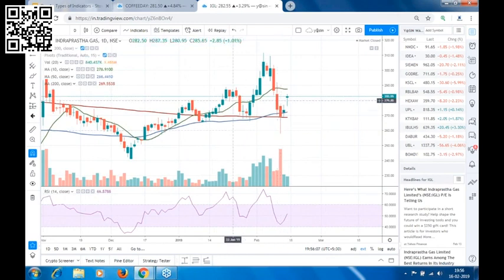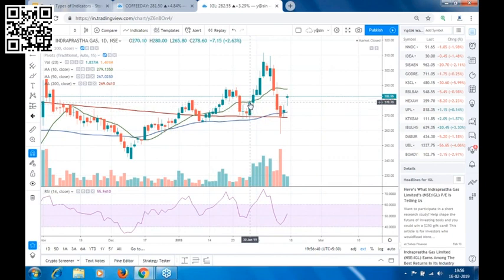That is why we are using this technical setup and trying to find trades so that we can get a good result. Now see, even IGL we gave. This is on a 200 period moving average support and also on a 50 period moving average support. And our buy was above 280. This is also your trade from support, at the high of this candle.